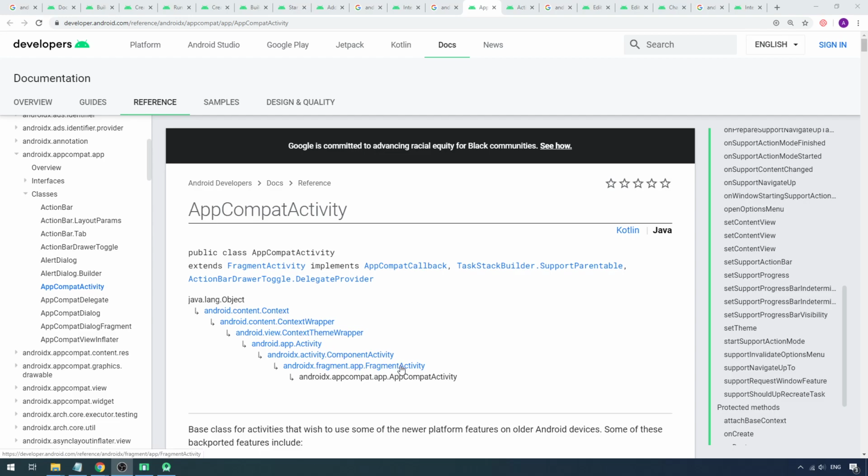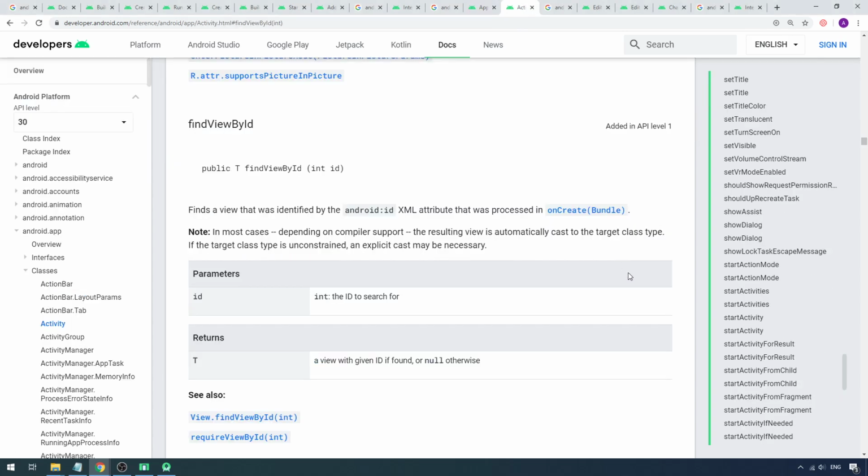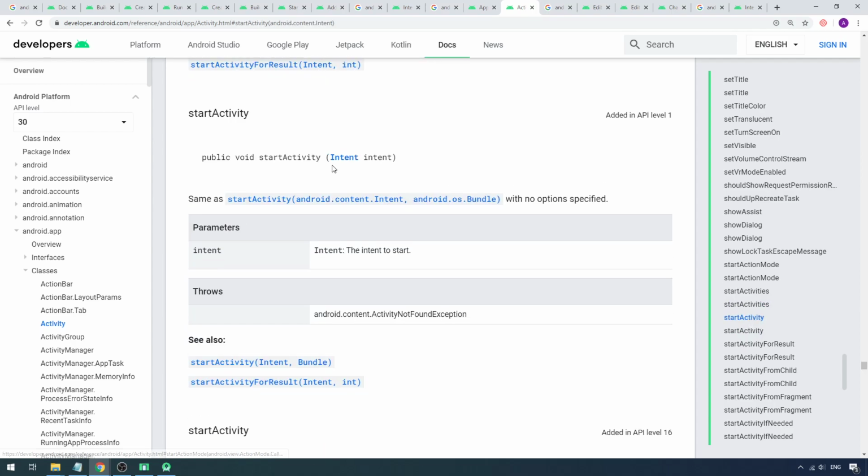If you click one by one, you will see it's a method in Activity. So if I open Activity, you will see in the Activity class there is a method called startActivity. So this is the Activity class, and if you scroll up and down with the mouse, you can see as a public method there's a method called startActivity. When I click on this, there's a method startActivity where you can pass a parameter of type Intent.